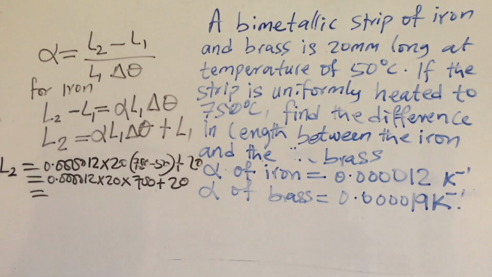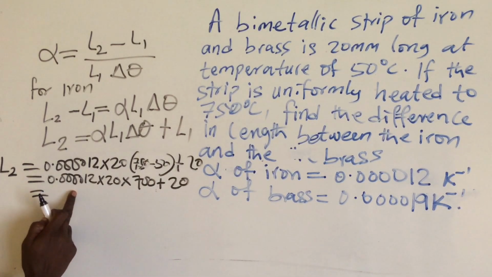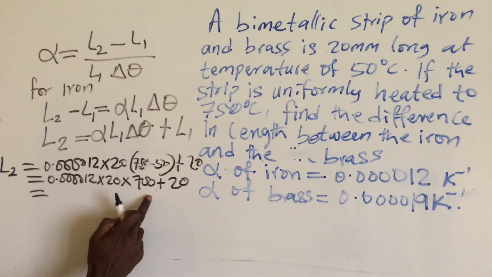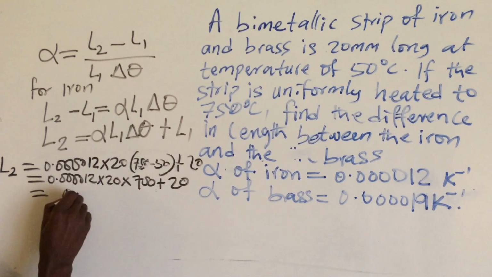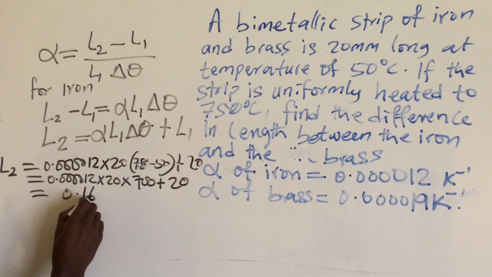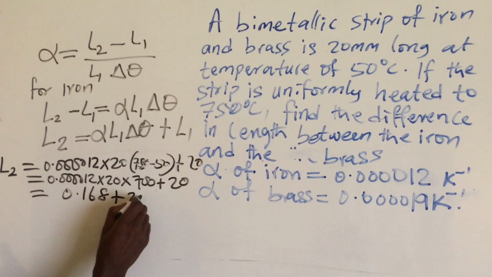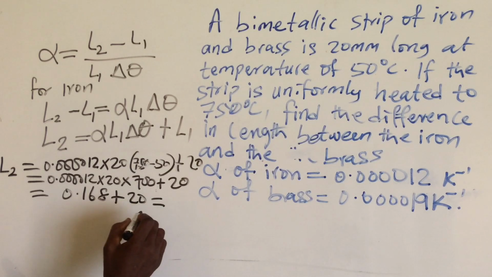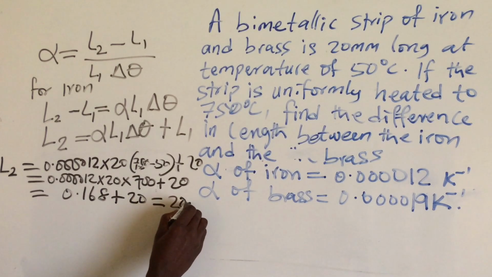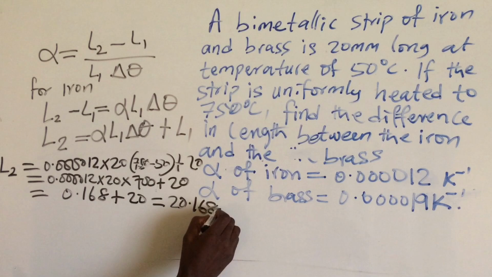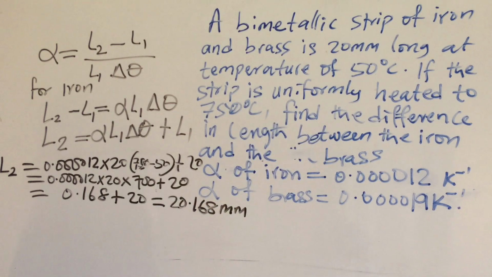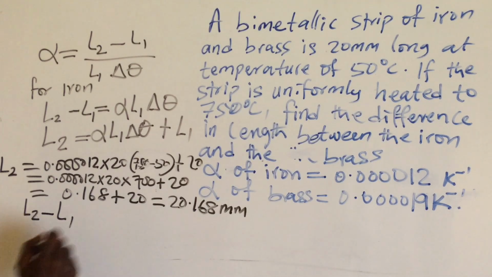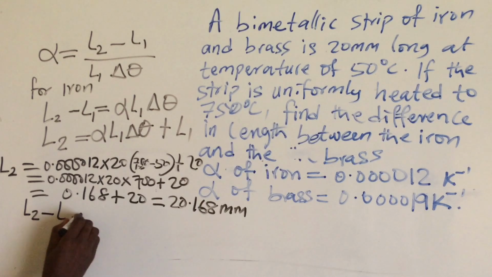Now when we multiply this times this times this, it is 0.168 plus 20, which when you add them will give us 20.168 millimeter. For the iron now, the increase in length, which is L2 minus L1, will give us